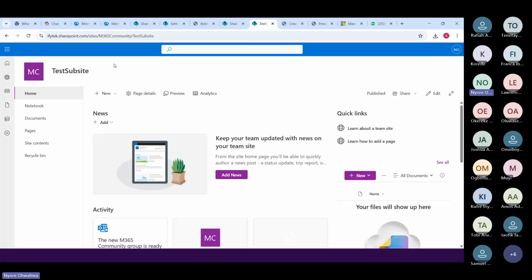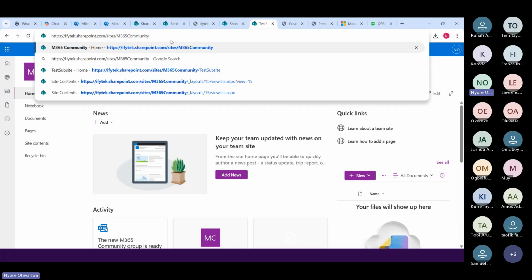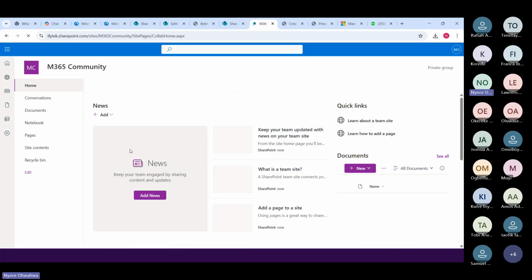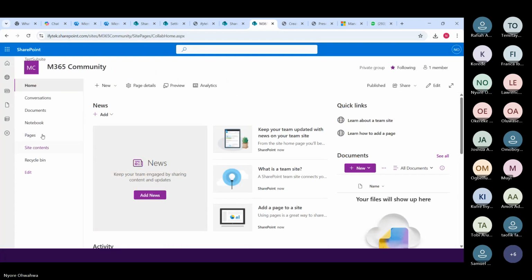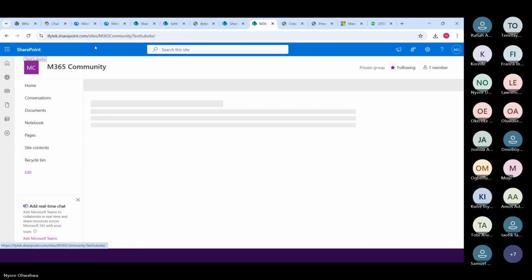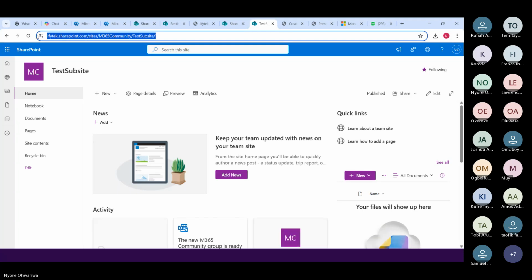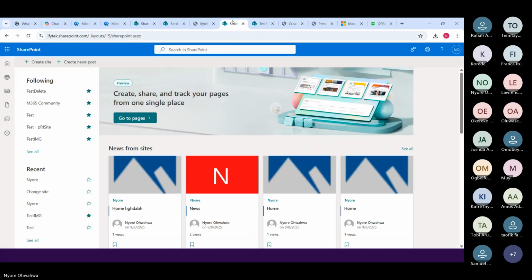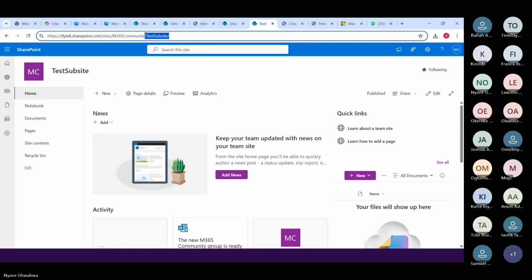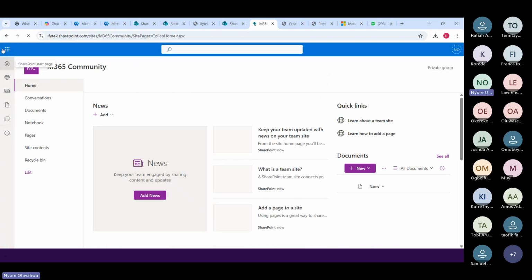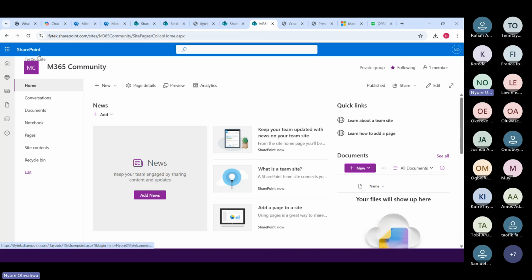Right. So if I click on this, I can just do this to go back to the main site. So if you see, the test subsite is automatically showing here.